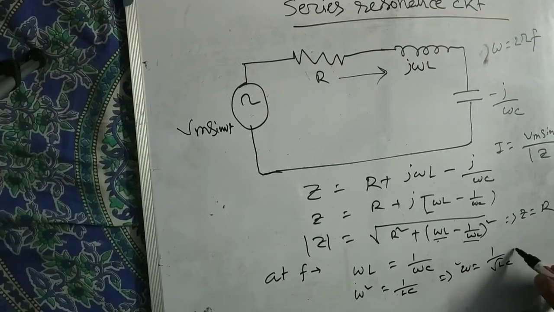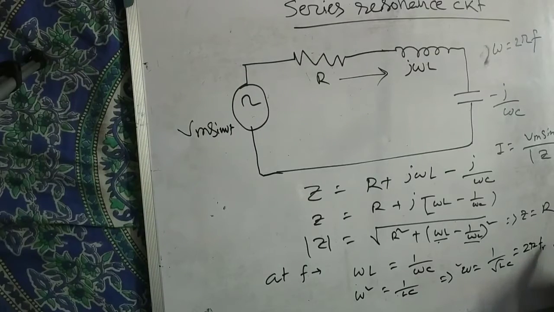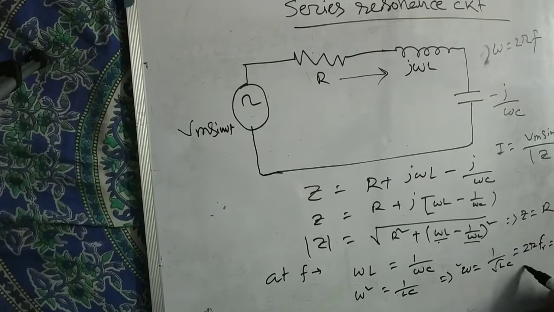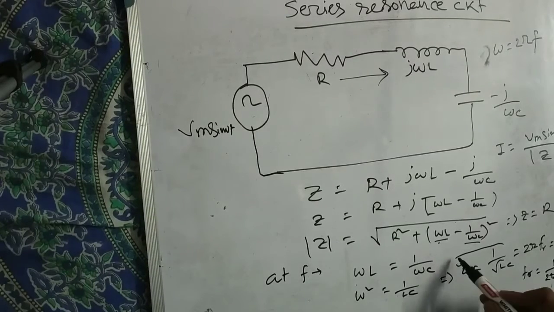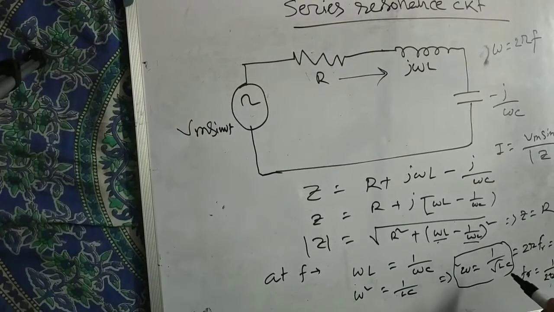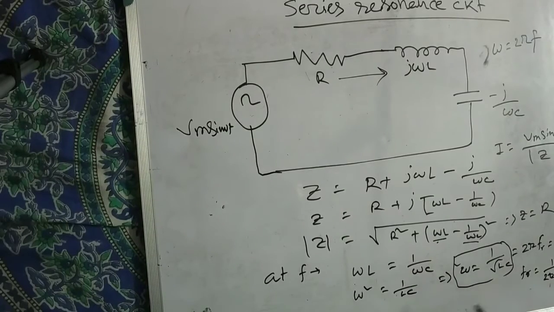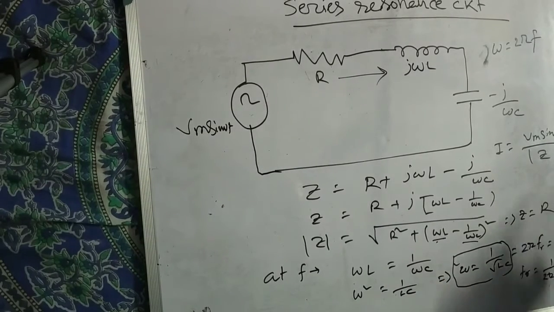If we derive it more, omega equal to, we know, 2 pi f. Let me write fr, resonance frequency is fr. So 2 pi fr equal to root over 1 by LC. So fr, frequency in hertz, equal to 1 by 2 pi root over LC. You have to remember this very important formula, omega equal to 1 by root over LC. When omega equal to 1 by root over LC, inductor impedance equals capacitance impedance, then what will happen in the circuit? In the circuit we are getting a resistive load.